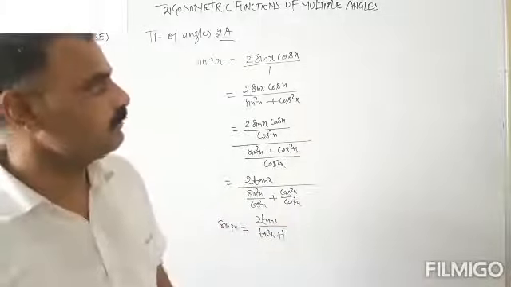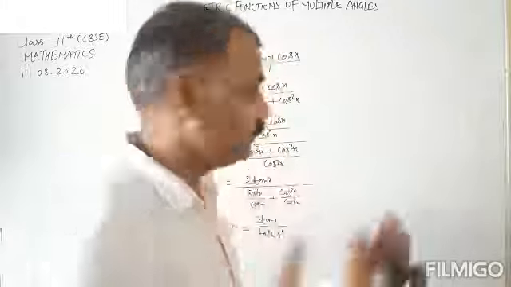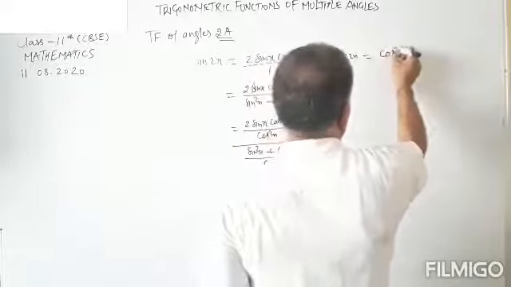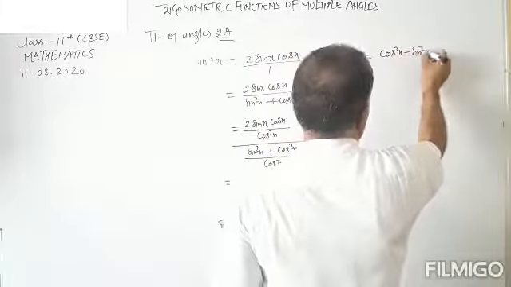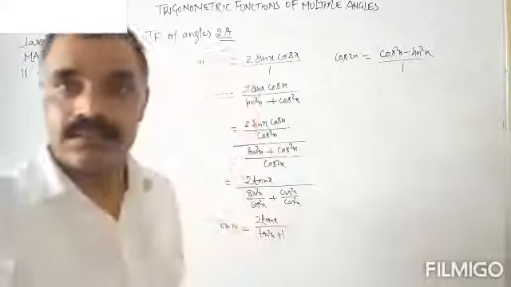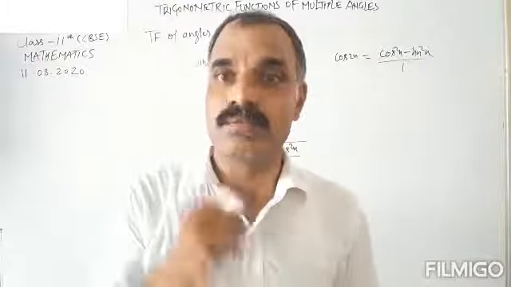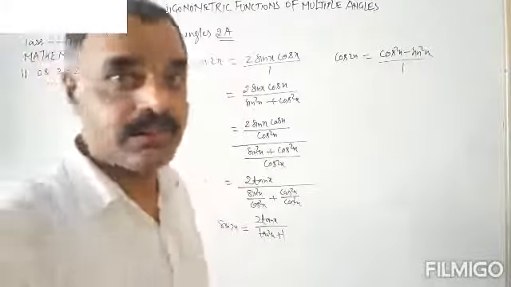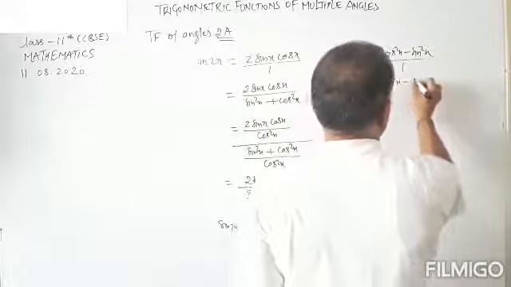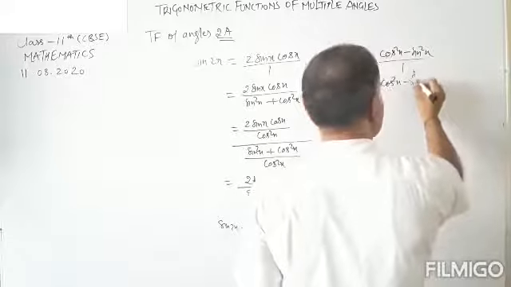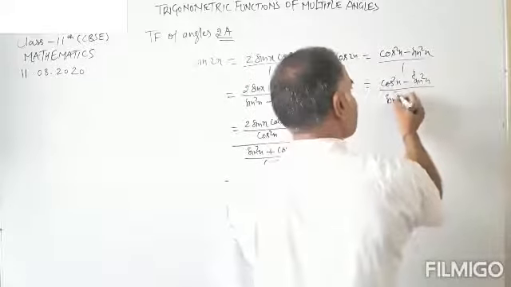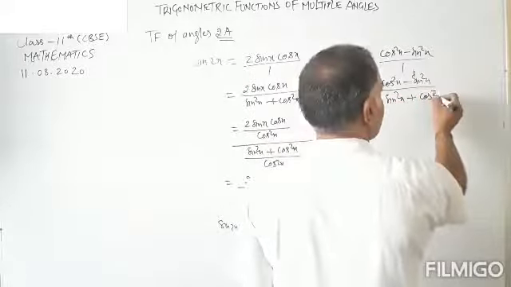Okay, now we will convert cos 2x in terms of tan x. So cos 2x is equal to cos square x minus sin square x. Now there is 1 in the denominator. Add the denominator 1 to the given function, and again convert 1 into sin square x plus cos square x. So this is (cos square x minus sin square x) upon (sin square x plus cos square x).